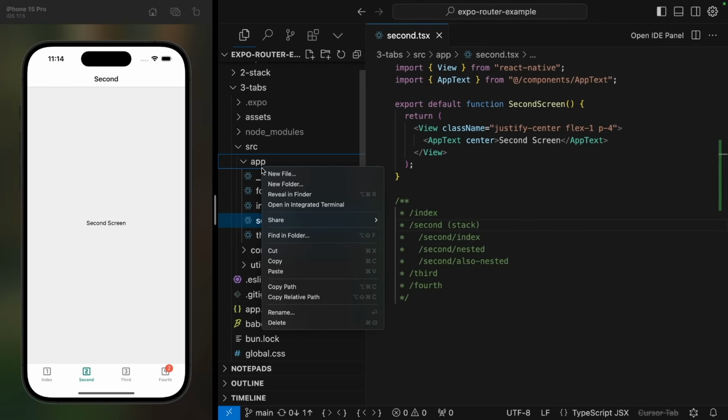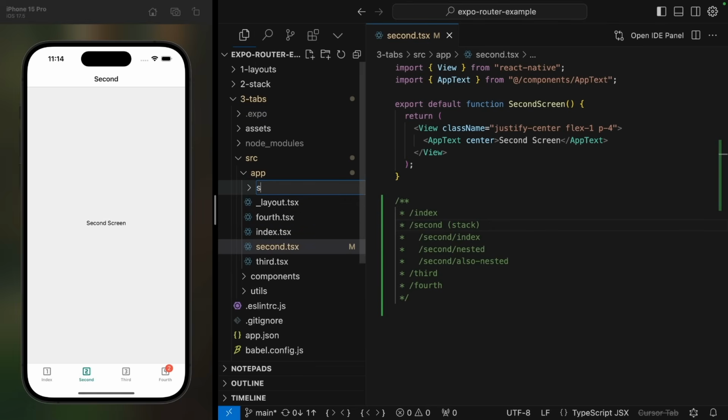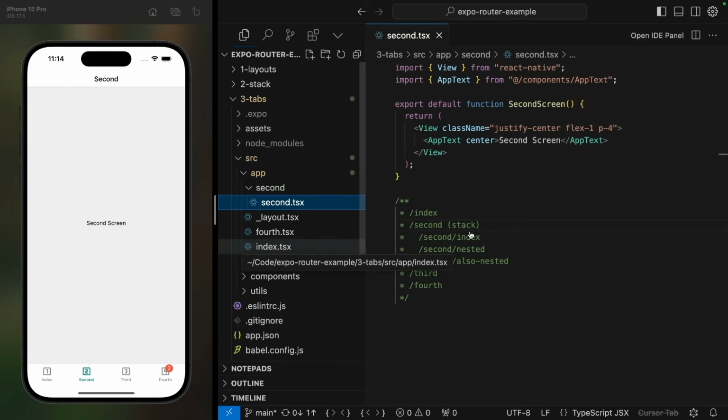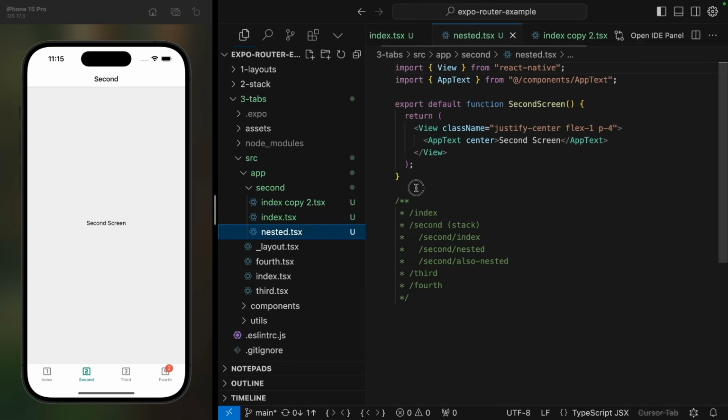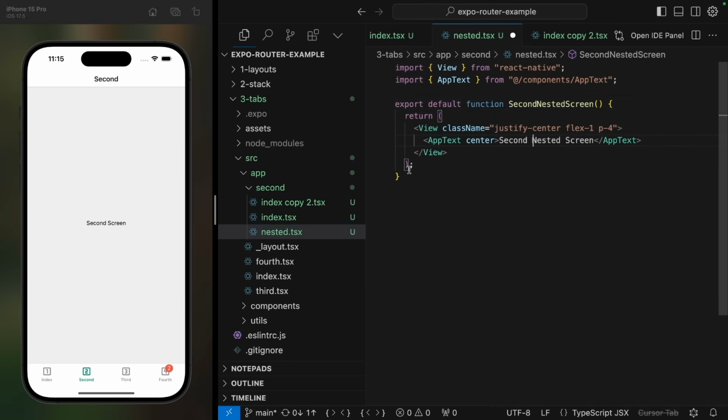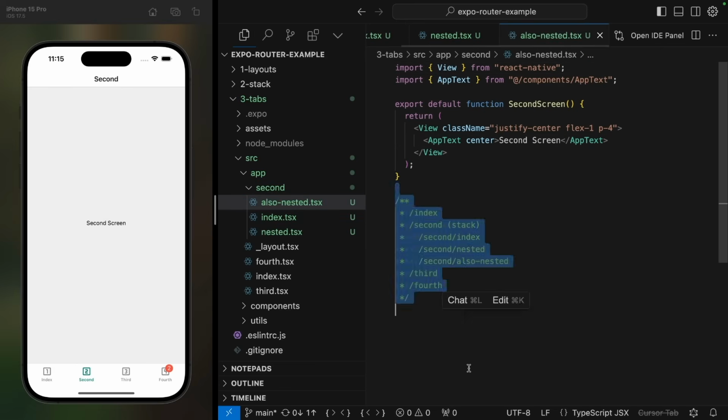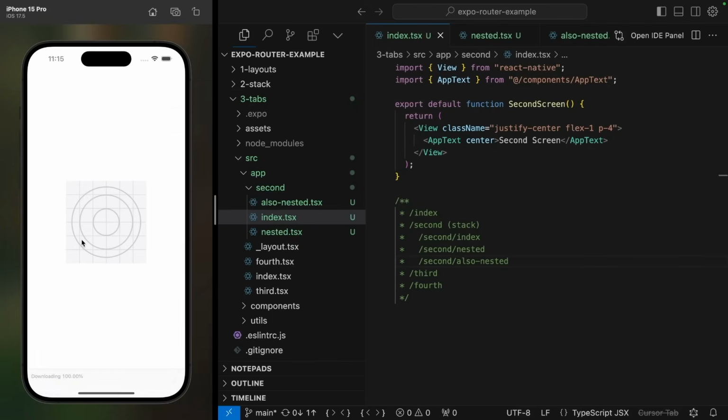So to do this, let's create a folder called second in our app folder. Move the second page in there and rename it to index. Let's duplicate this index file twice to create the other 2 screens. Now, when I refresh my app, you'll notice that all of these 3 screens actually get added to the bottom